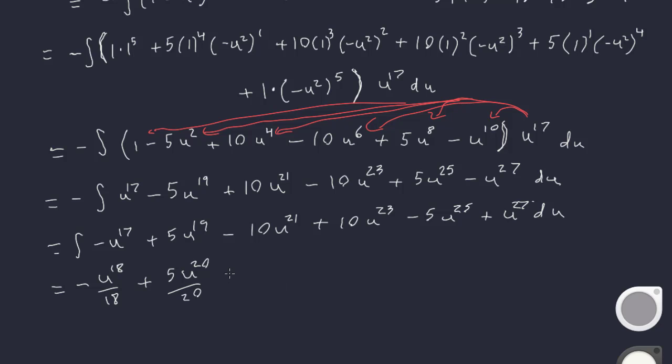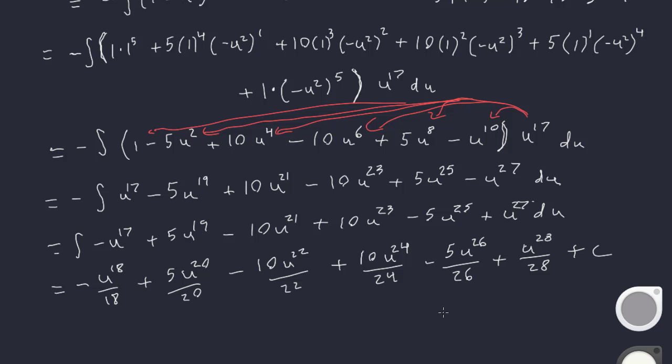Negative 10u to the 22 over 22 plus 10u to the 24 over 24 minus 5u to the 26 over 26 plus now it will be u to the 28 over 28